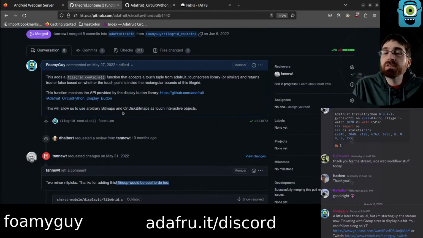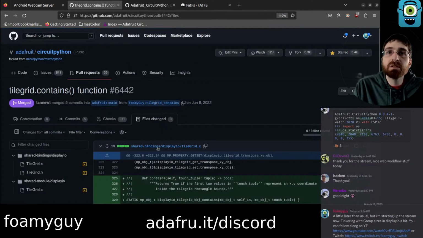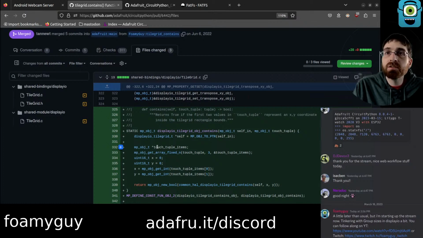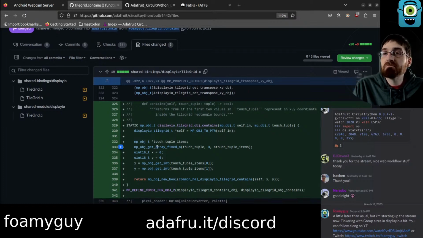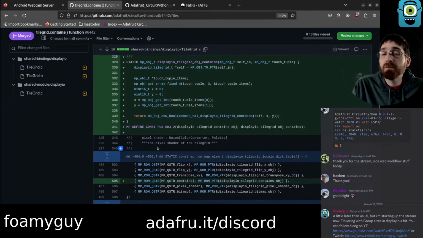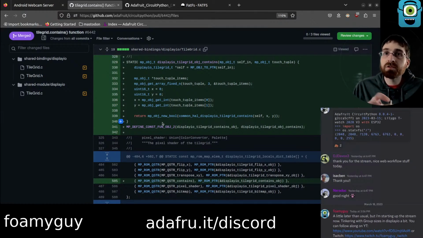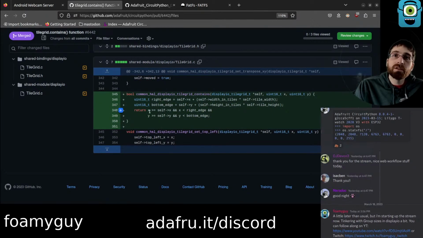Group, though, is trickier. Adding this for tilegrid was relatively easy because really all it does is some greater than, less than math with the bounding box of the rectangle: the X, Y top left corner, the width and the height. Those four values make up a rectangle, and then we're just testing points to see if they are inside that rectangle, which is fairly straightforward. The group, however, does not